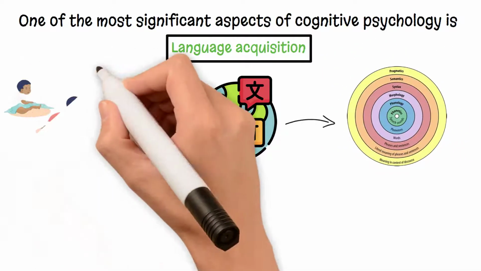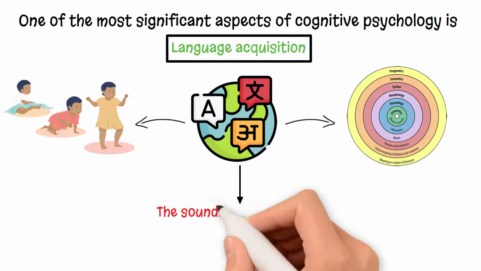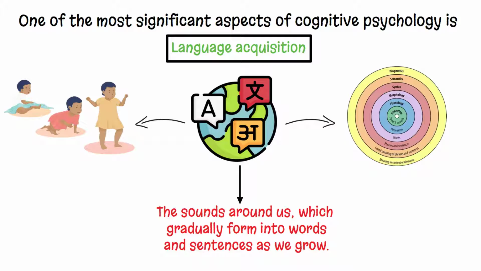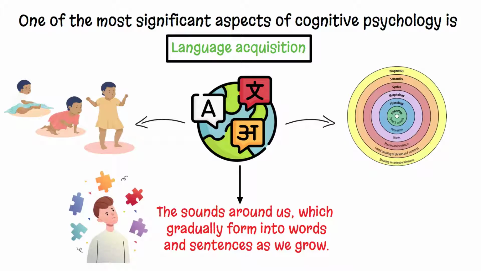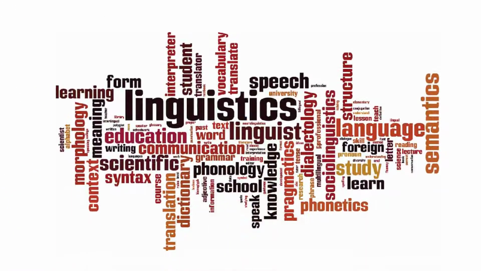From infancy, our interaction with language is dynamic. We start by recognizing the sounds around us, which gradually form into words and sentences as we grow. This linguistic journey is underpinned by cognitive development that enables us to grasp the complexities of language. The process moves from simple to complex, recognizing phonemes, understanding words, and then the syntax and semantics that form our